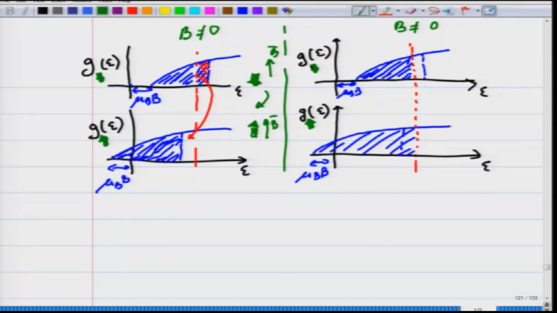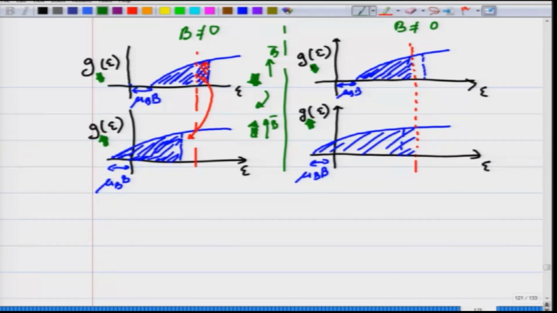Otherwise, momentarily these electrons, since they had occupied higher energy, the Fermi level locally for these electrons was higher than the Fermi level for this. Now, to maintain equilibrium, you can think that these electrons will flip, moving from the higher energy state to the vacant lower energy state, so that the Fermi level again comes down and becomes equal. And this process of flipping, where the oppositely oriented magnetization aligns in the magnetic field direction, gives rise to the net magnetization inside the sample.